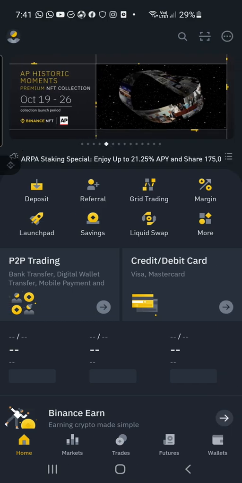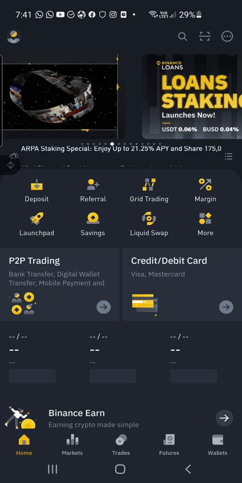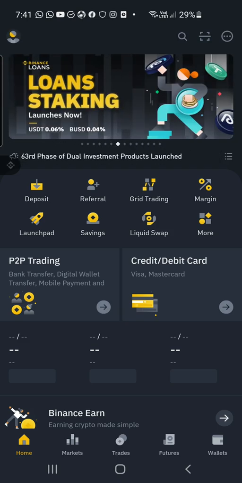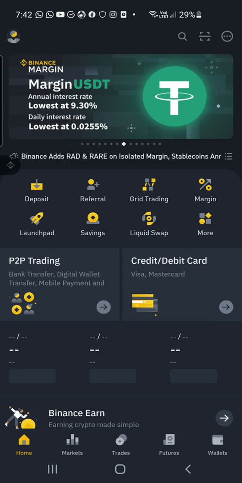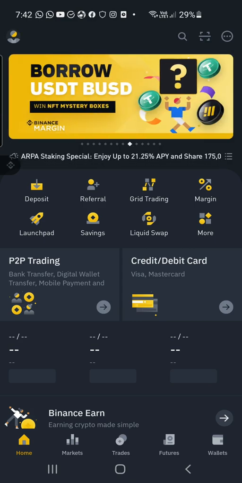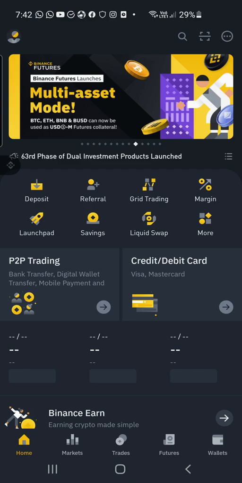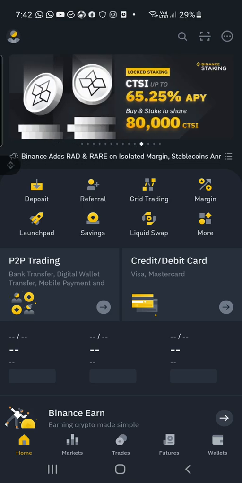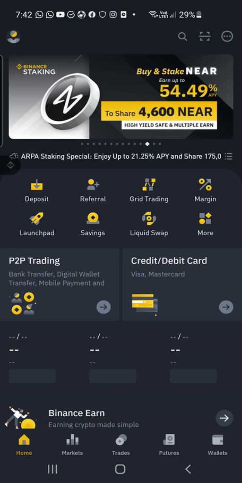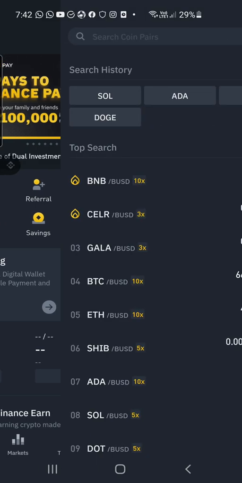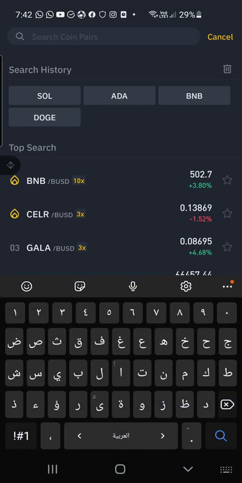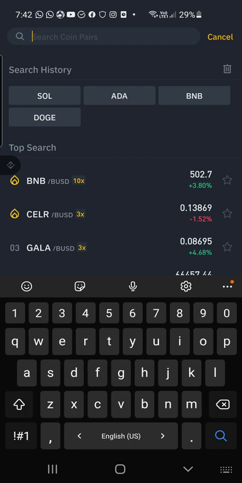Now, first thing we're going to talk about, something very simple, is where to find the prices of all of the coins. If you have bought a coin and you want to know what the current price of that coin is right now, you go into the home screen, which we are on right now, and then you click on this. Here you can write the coin that you are looking for. For example, if you want to see its price in dollars, let's say Ethereum,